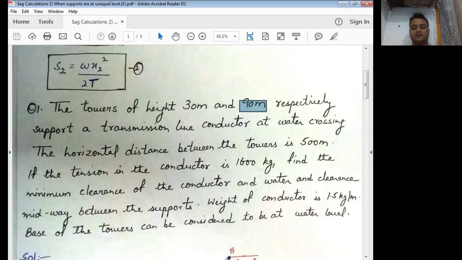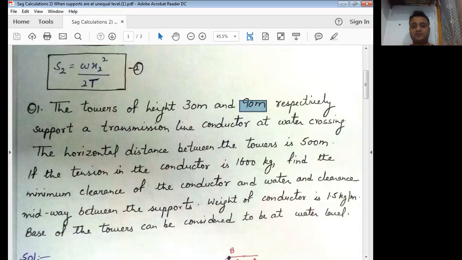क्लियरेंस कहते हैं अगर हम नॉर्मली कहते हैं कि हमारे कंडक्टर के लोएस्ट पॉइंट से और अर्थ के बीच कितना डिफरेंस है. यहाँ में हमको वाटर लेवल को एज ए रेफरेंस माना है, यहाँ क्लियरेंस होगा कंडक्टर के लोएस्ट पॉइंट ऑन द कंडक्टर और द वाटर लेवल, उन दोनों के बीच कितना डिस्टेंस होना चाहिए. पहला तो है वो निकालना, दूसरा निकालना है मिडवे बिटवीन दिस सपोर्ट्स. पहला आ गया लोएस्ट पॉइंट और सेकंड इज मिडवे बिटवीन दिस सपोर्ट्स. ठीक है, हमें न्यूमेरिकल को बिल्कुल प्रैक्टिकली समझना है कि व्हाट इट इज सेइंग. पहला निकालना है लोएस्ट पॉइंट ऑन द कंडक्टर टू द water level, and the second is midpoint of the conductor.